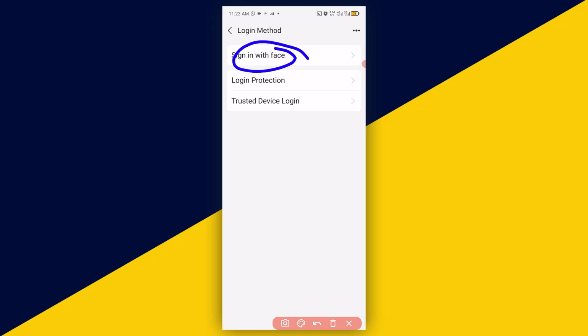However, bear in mind that these features here only work with people that are in mainland China. So if you are not in China, or you are outside China, or you are not Chinese, you cannot use this particular face ID. But if you are non-Chinese and you are in China and you are using Alipay Chinese version, it is advisable for you to enable sign in with face in order to give your Alipay app maximum